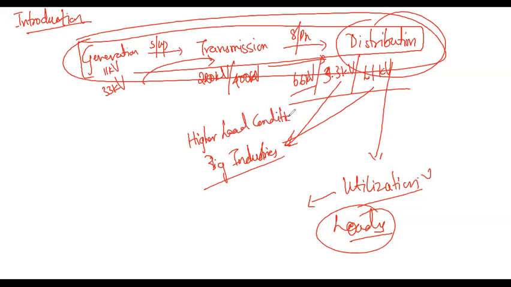Okay, so these are the things which are present, even if it has been stepped down. It will be 400 volts for a 3-phase AC mains, and next you go for a single phase, where you will have one phase, which is generally single phase. So these are the introduction terms that are present.